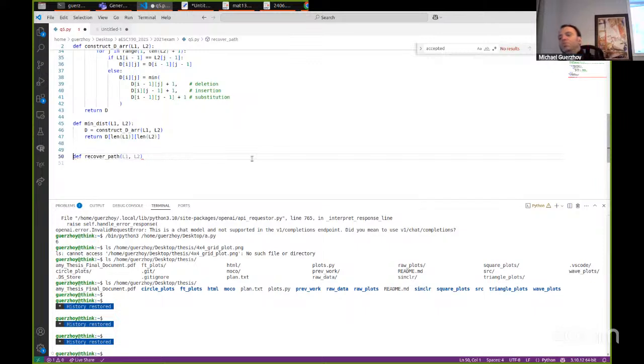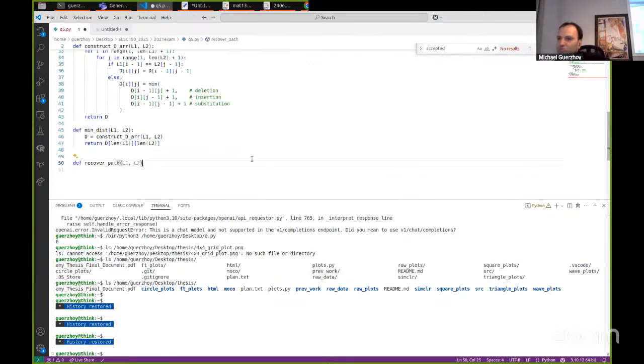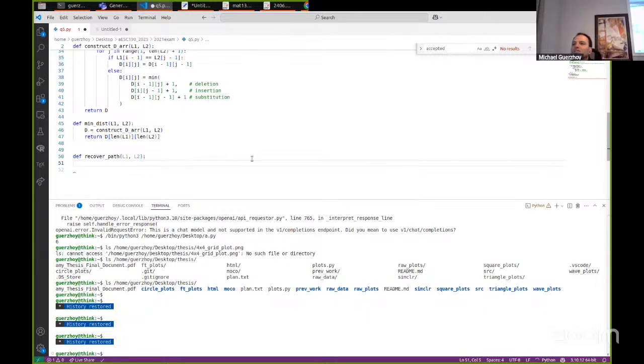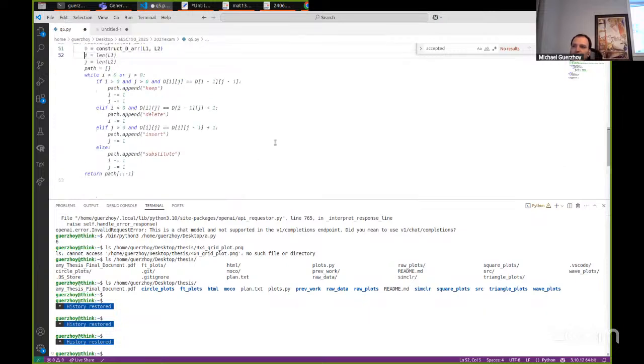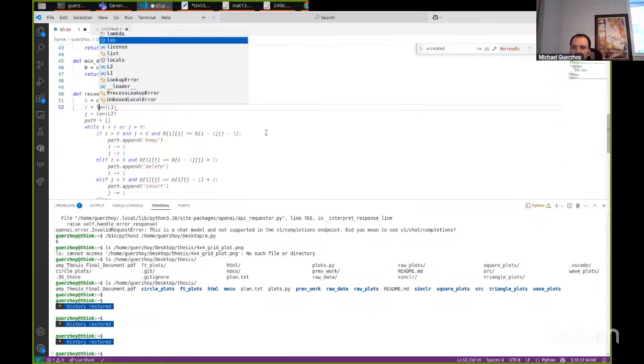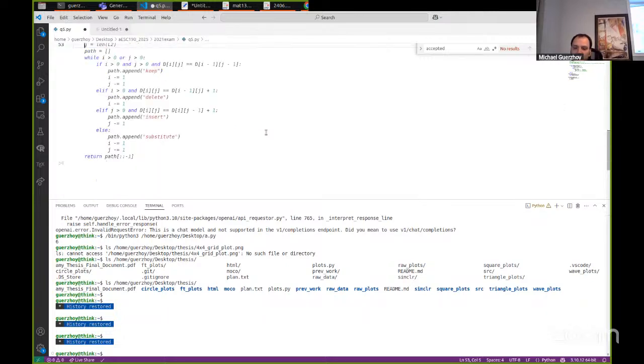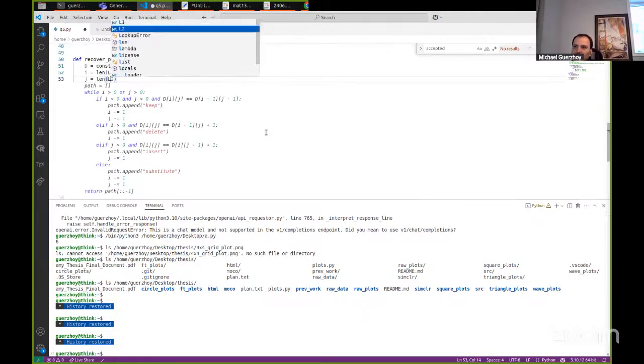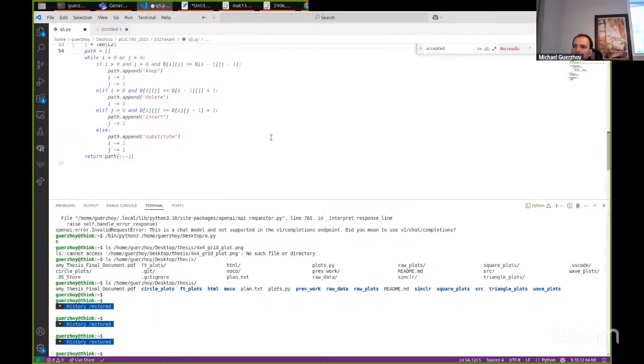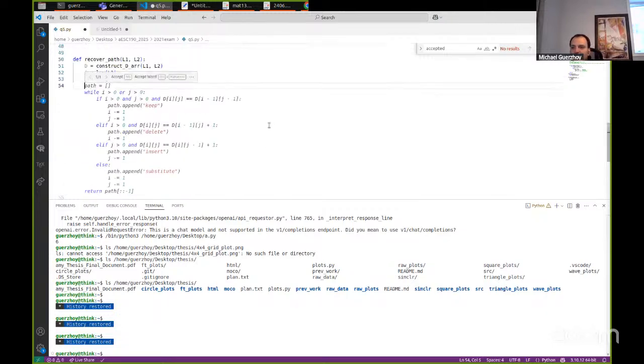So there's multiple ways of doing this. I guess we'll do it with the constructed D. So we'll construct the thing, and then we'll start with the end. And the path, so the path is like this. So basically what we want to do, so if I look at